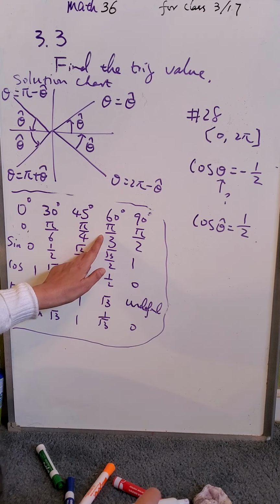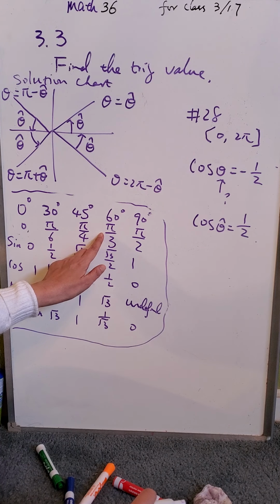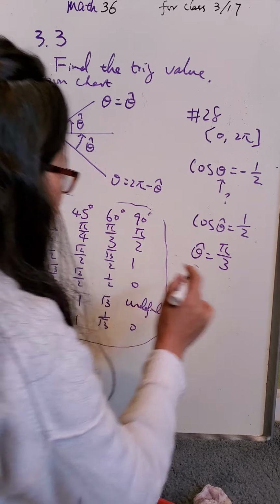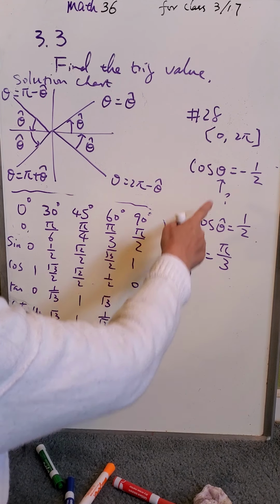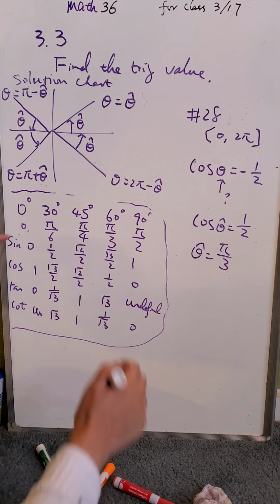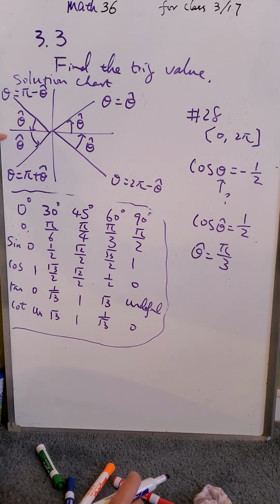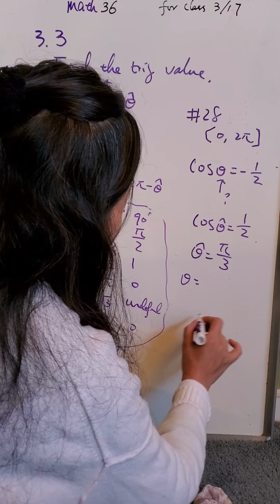That would be pi over 3, right? See 1/2 right here. So theta hat is equal to pi over 3. And that's the theta hat. Because it's negative, cosine negative is in two places, so you have to give them both places. So your answer should be